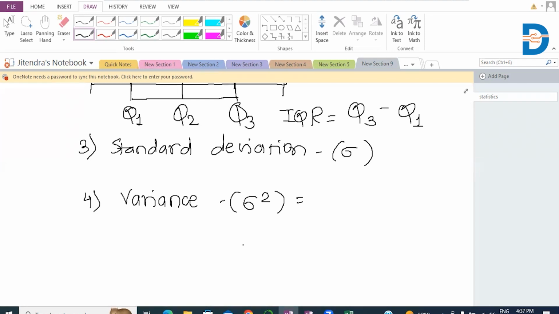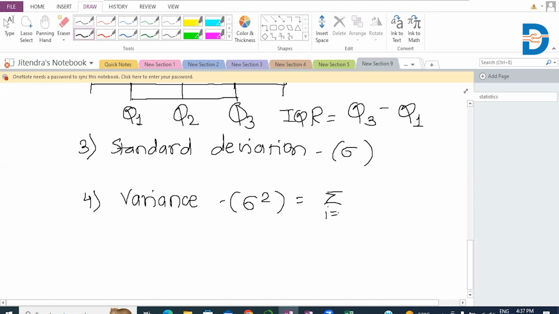How can we calculate the variance? Variance is nothing but the average square difference from the mean. What is the variance? The average square difference from the mean. The formula for variance is